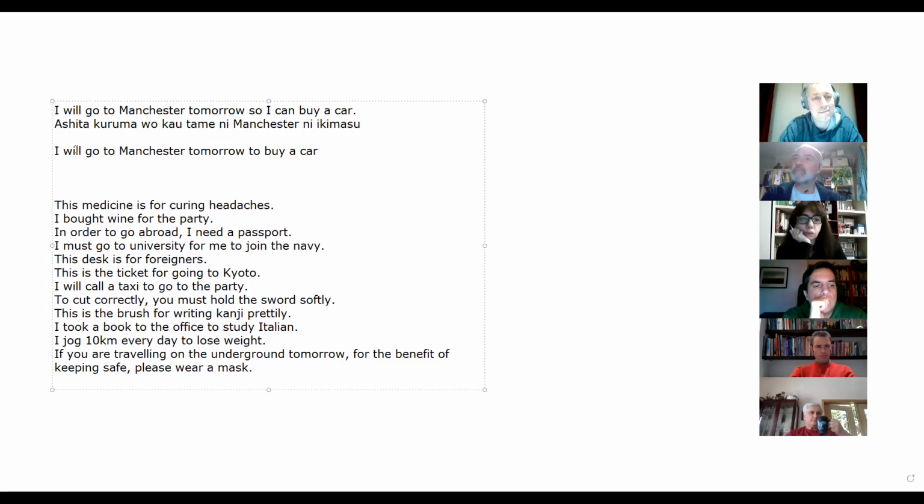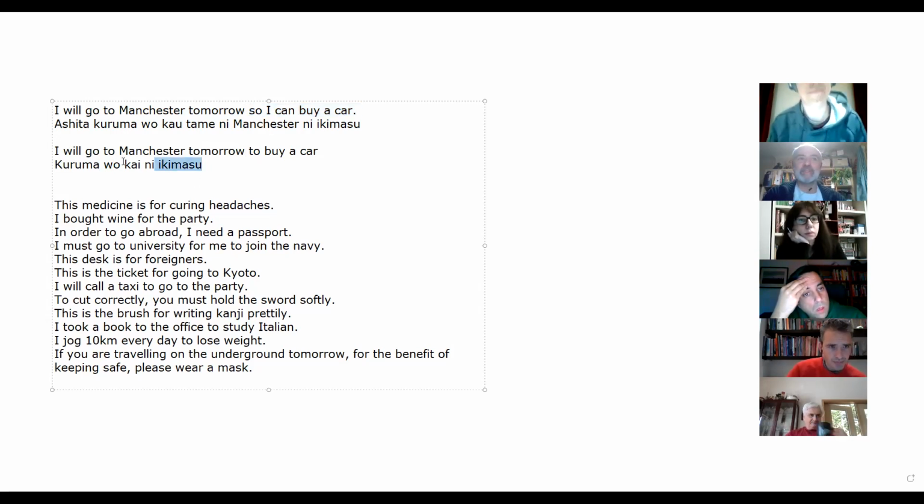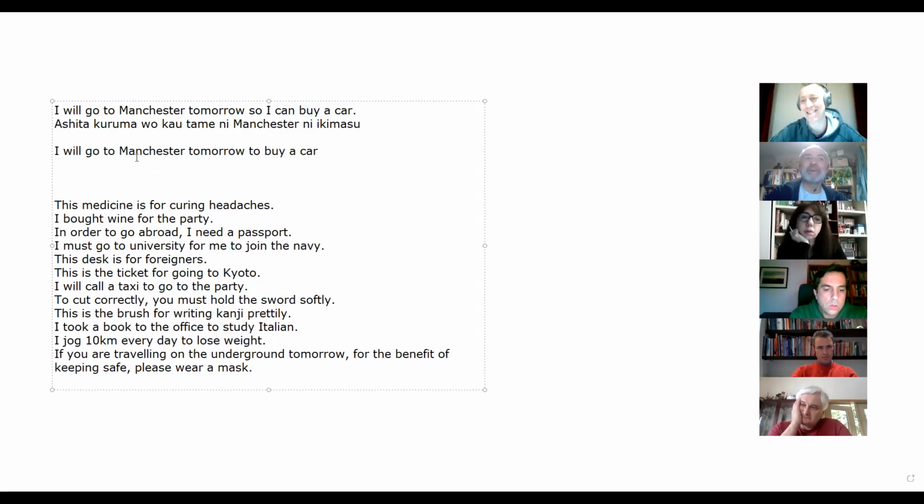But what most of you would probably do is translate this differently and say kuruma o kai ni ikimasu, which would be correct. This is also correct. This is why I've written it in this way, so I can buy a car, to try and make you think about using tameni instead of just saying this really simple kai ni ikimasu. So Tom, I understand why you wanted to put something else in there. Yeah, I chose the ga because I had the can, and then I fell into the trap because then I needed yoni.